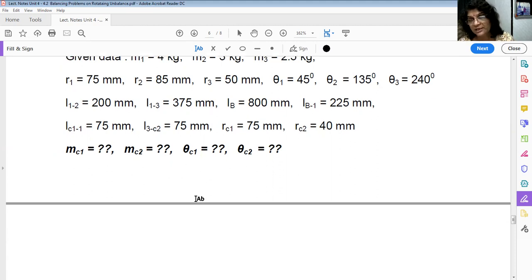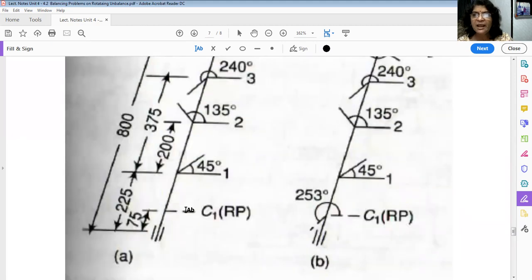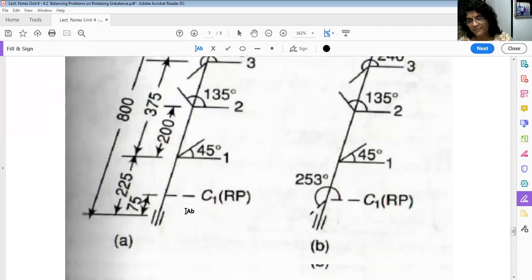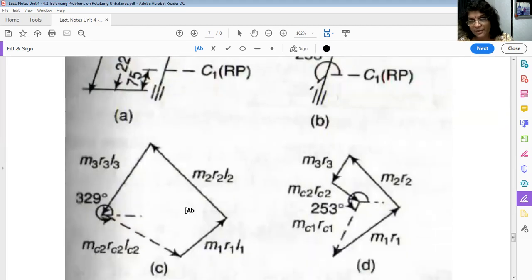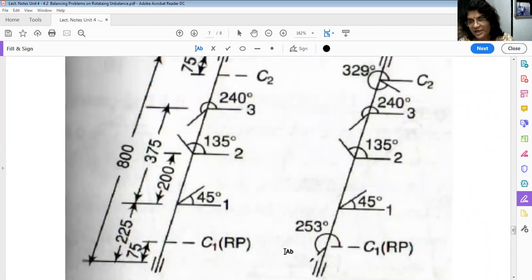These 4 unknowns are there. Okay. So sometimes we have to balance. It is given that either in one plane or a different planes. Don't worry. You don't have to think. Okay. Now see, these 2 diagrams we have seen now. Diagram number A and diagram number B. This is nothing but the configuration diagram. That is all the data, whatever is given in the problem, that is shown here.